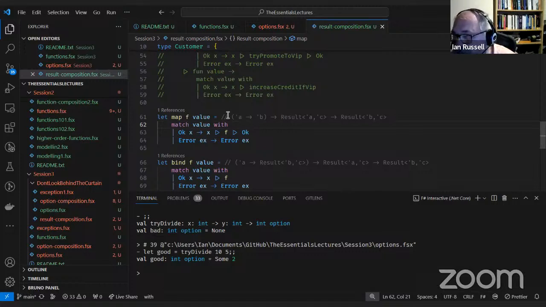So going back to the function signatures, map is now saying: if I pass in a function that takes an A and returns a B, and I pass in a value that's a result that has an A for success or a C for failure, what it then does is unwrap that A for me, run the function A to B, and return a result of B or C.